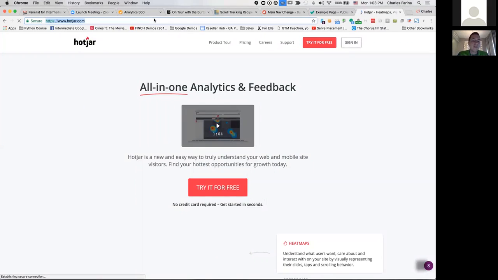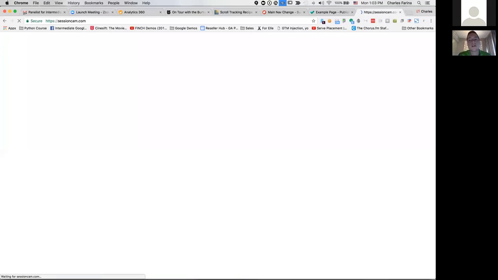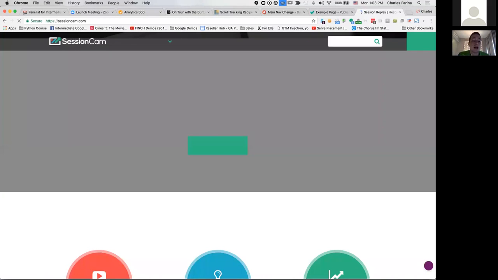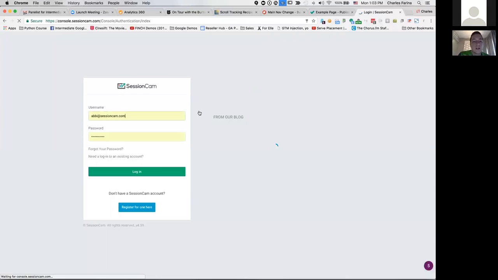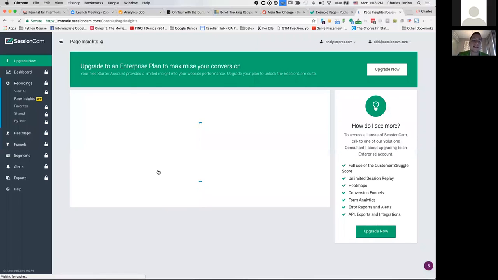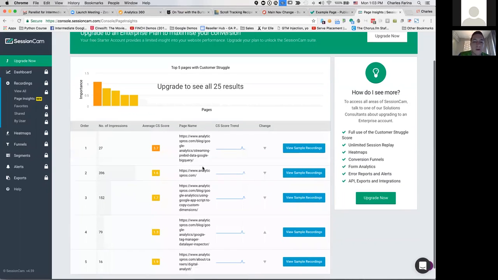But probably my favorite is SessionCam. So if any of you were at the ConversionXL conference, you probably saw them. SessionCam does two things which I really love. One is they have the heat maps, and the other is they have the in-page analytics as well. So if I go ahead and log into SessionCam, we're going to have some heat maps in here. But also what I like about SessionCam is it actually generates recordings for you to watch what your users are doing. So for example, if we were to view a particular recording,